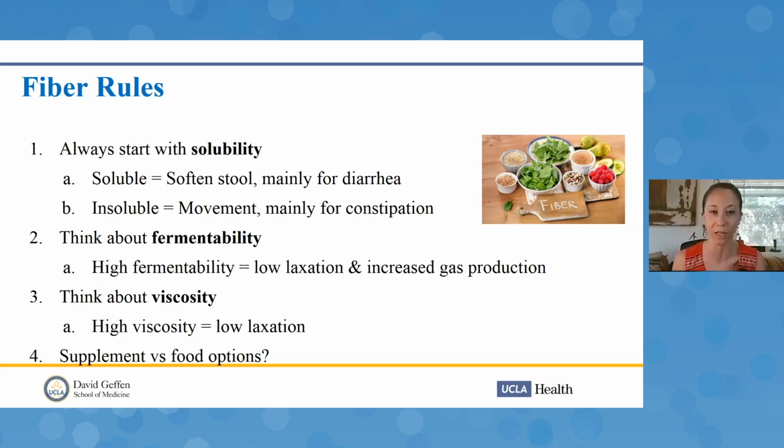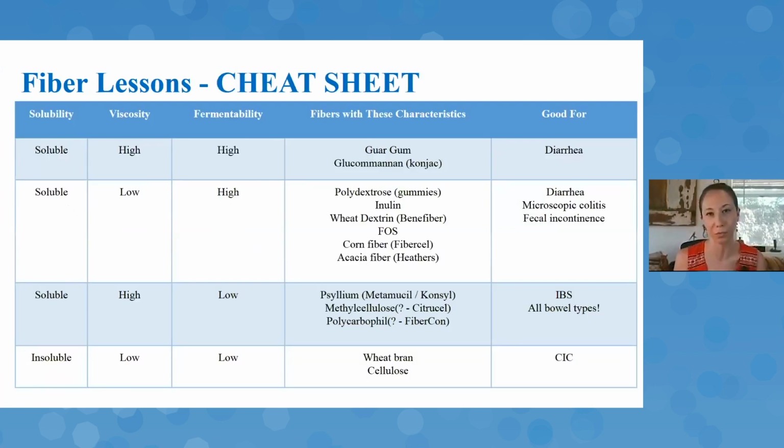We also then want to think about what types of options we are going to give to our patients. Are we going to give them a fiber supplement, or are we going to give them a food supplement? So hopefully the next couple of images will be really helpful for you. And again, we're going to put this on the website. There'll be a copy of this video on the website, so if you're not able to take a picture now, or if you need a copy, you can always